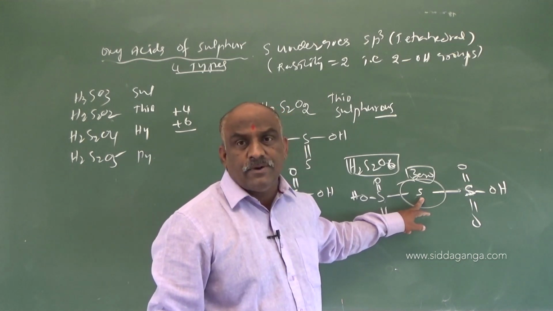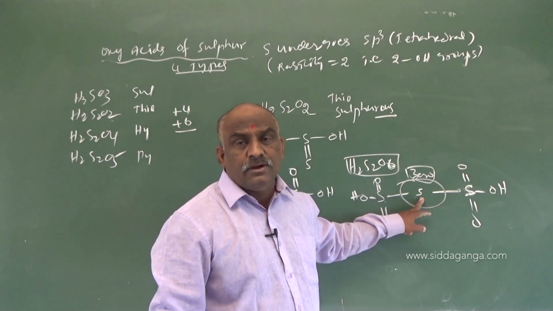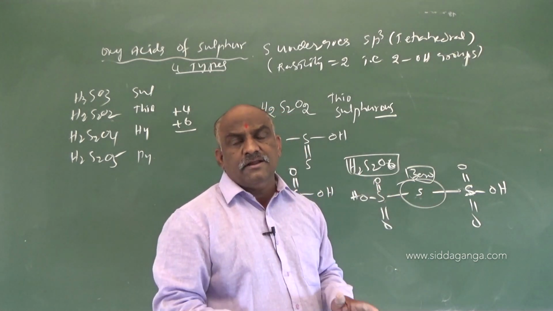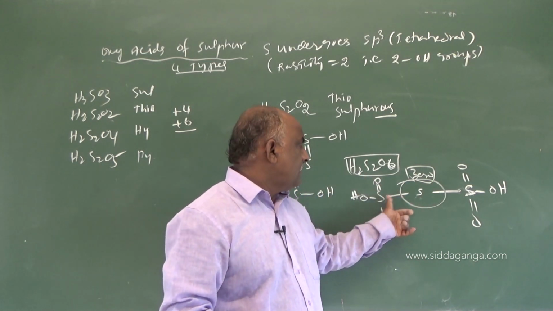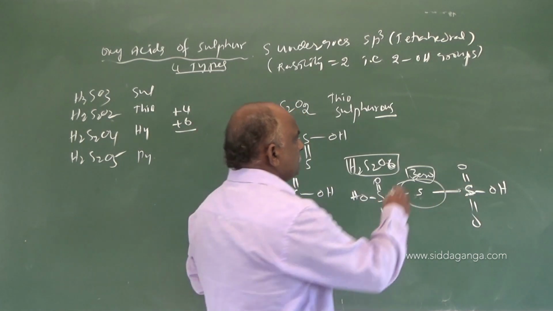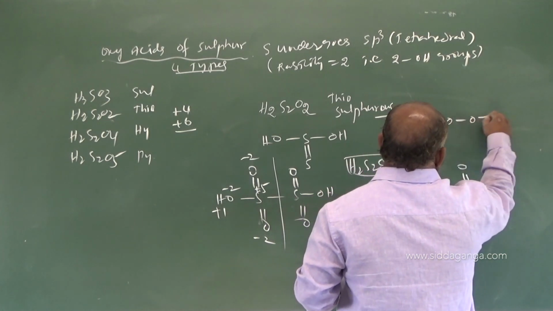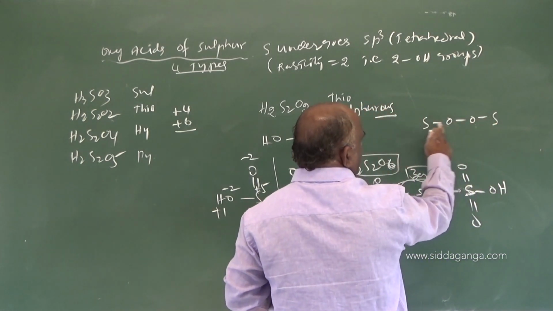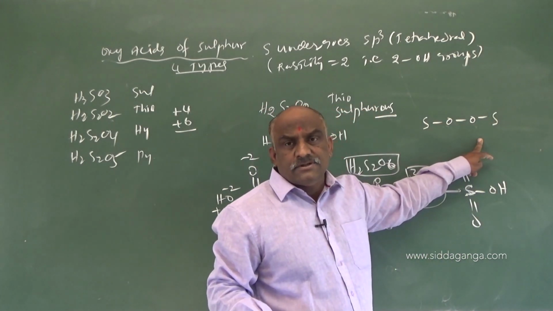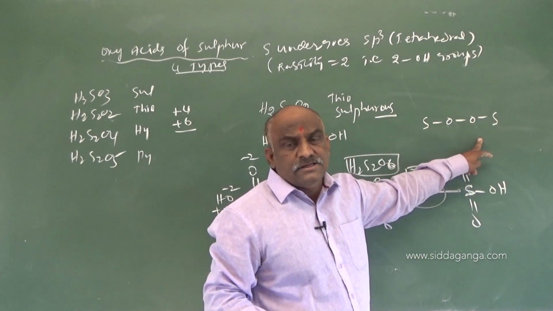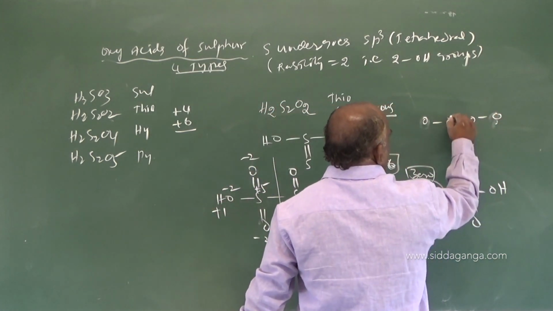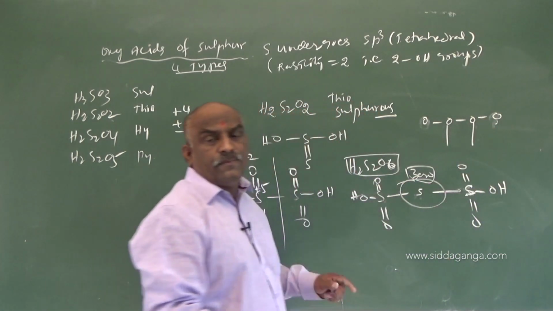This point is very important, my dear students. Make a note. Clear? This point is very important because if the same atoms are there, then it is 0. Sulfur, sulfur, sulfur: right side sulfur, left side sulfur. Sometimes suppose you take an arrangement like this: oxygen, oxygen, but left side sulfur, right side sulfur. Then these oxygens exhibit oxidation numbers. Suppose it was given like this, it means this oxygen is 0, this oxygen also 0.